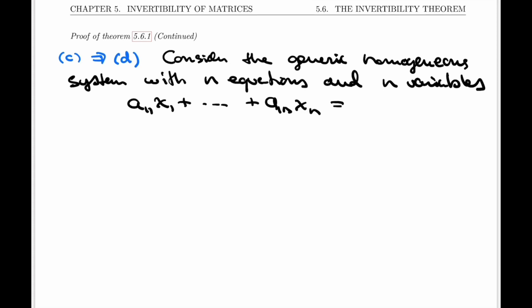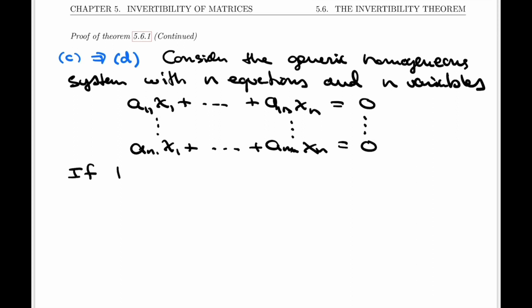So, xn equals 0, and we'll write the last equation, an1 x1 plus dot dot dot ann xn equals 0. And so this is a generic homogeneous system, and if the system has only a trivial solution,